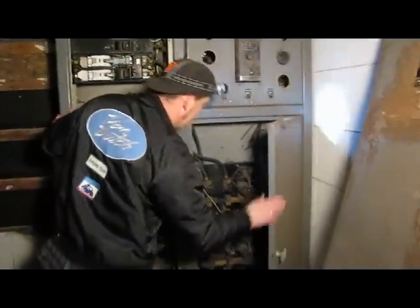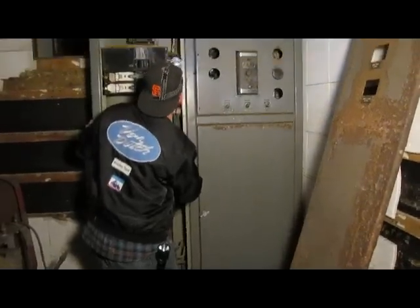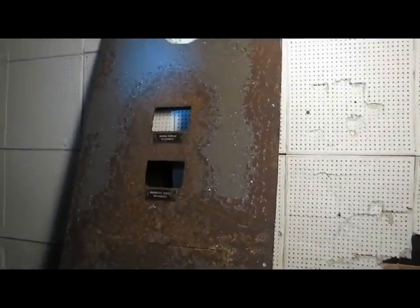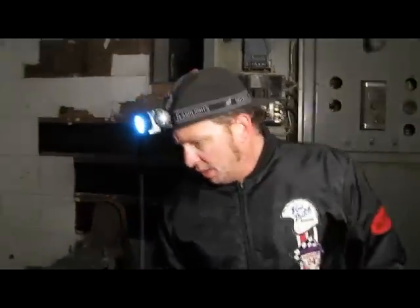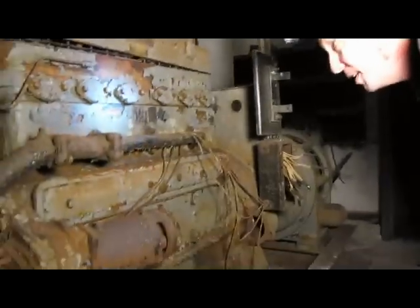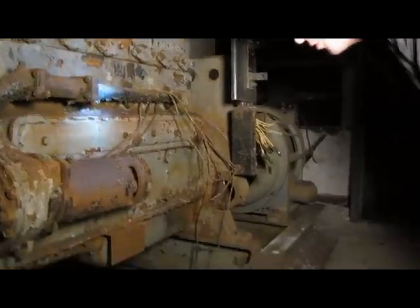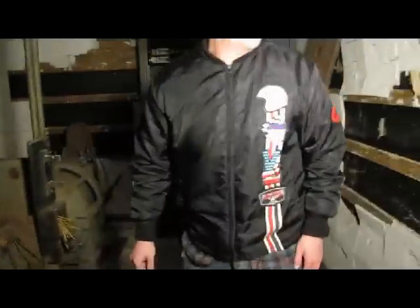More of the same equipment down here. This is actually the original regulator cabinet right here. We can still see from this panel a normal service disconnect and the energy service disconnect. So this would have been the main switch breakers to turn off the power for the facility. Same over here, you got breakers. And I can't see a builder's plate on this particular engine, so the jury's still out on who the manufacturer is for this. So if we move over to the next room to our left, if we open up this door,